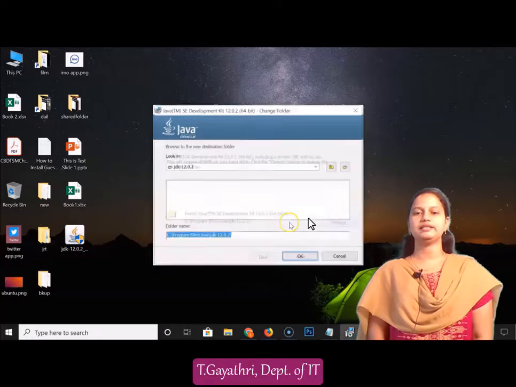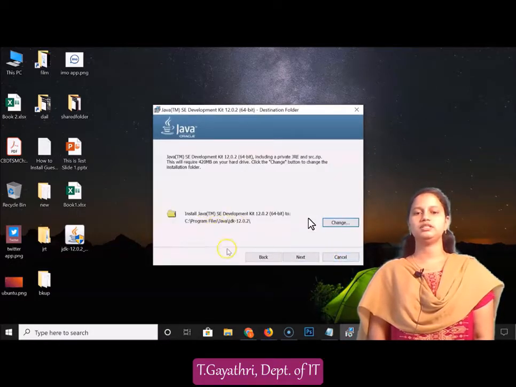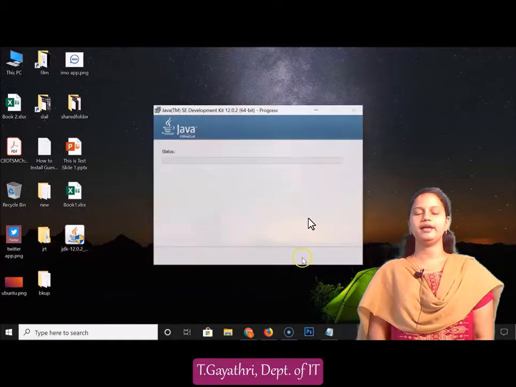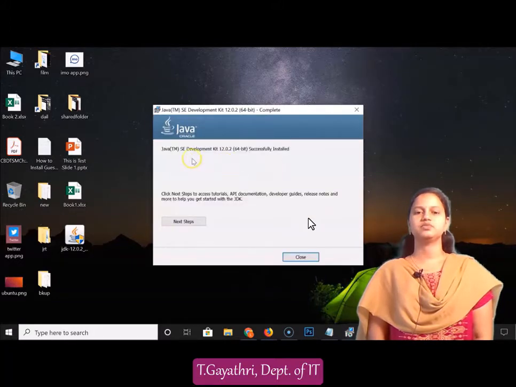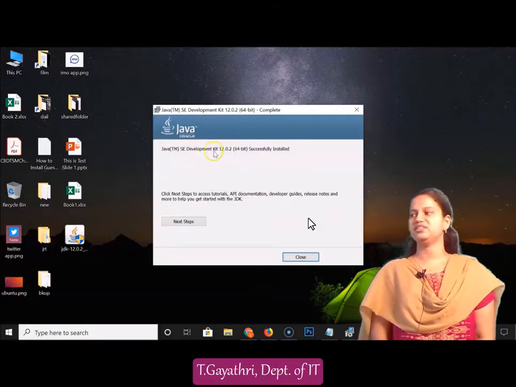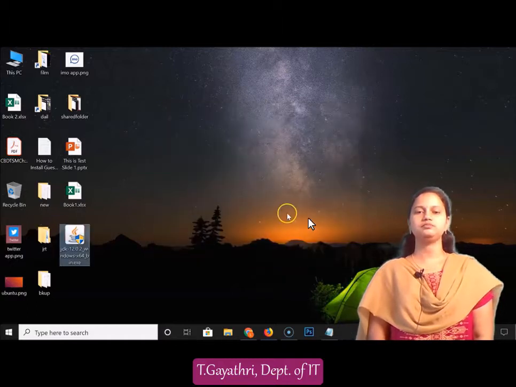Here we select the destination location of the file. I am going with the default setting. Next. This is the status of the installation, wait for its completion. Java SE Development Kit 12.0.2 is successfully installed. Click on the close option.